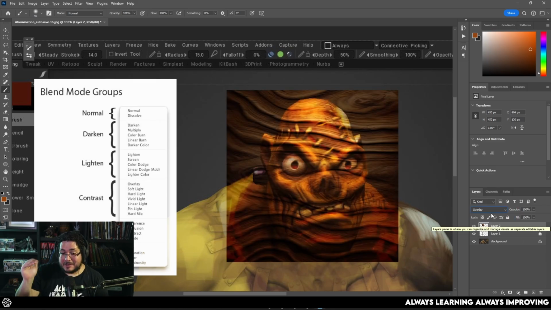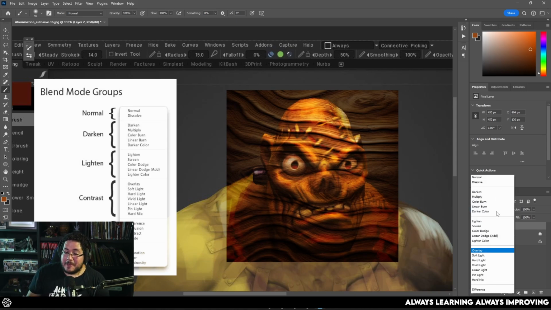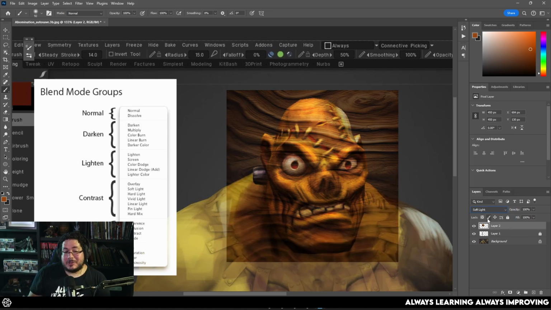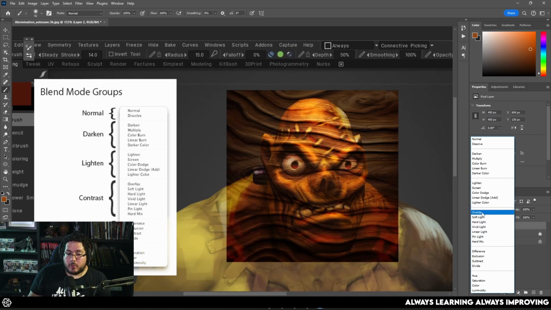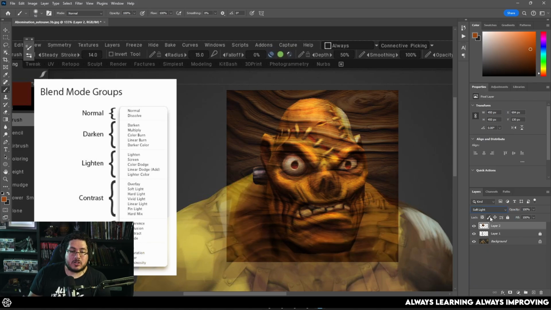Now the next two are a little bit interesting, because if overlay was confusing because it does not change that baseline and just blends things together, the next one, which is soft light, will do it. It will change the baseline, and it's very similar to using a darken or a lighten layer. At least in the documentation it says it's kind of like using a spotlight or a soft light at 50% intensity, where you're multiplying or dividing depending on the tones of your color, but you're only doing it at 50%. I like to call soft light the soft overlay. So if you like how overlay looks, but it's a little bit too much, soft light is usually half of that. And it will change the baseline.